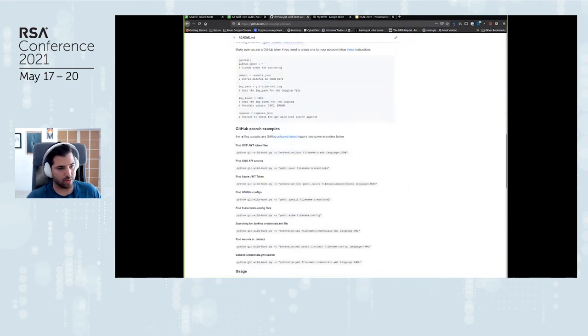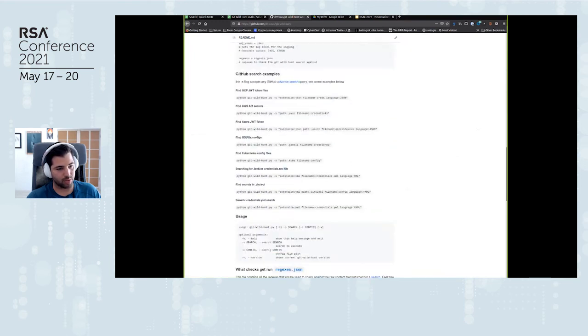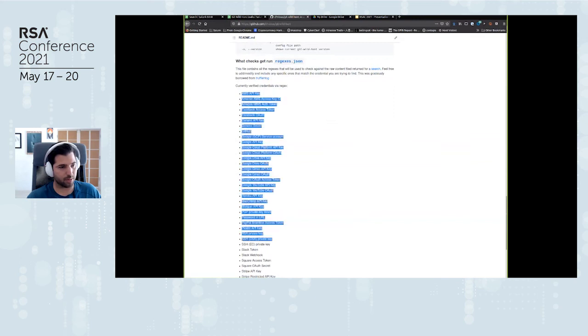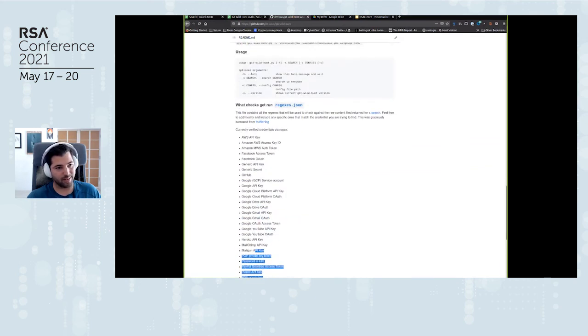You will clone it. You have some examples. If you wanted to hunt for specific credentials, these are the ones that we've been hunting for over the last 8 months. So specific GCP, AWS, Azure, gsutil, Kubernetes, Jenkins, CircleCI secrets, and just generic credentials like YAML. These are the different regexes that it ships with out of the box. I'm not creative. I totally borrowed this from TruffleHog. This is exactly what TruffleHog searches for.